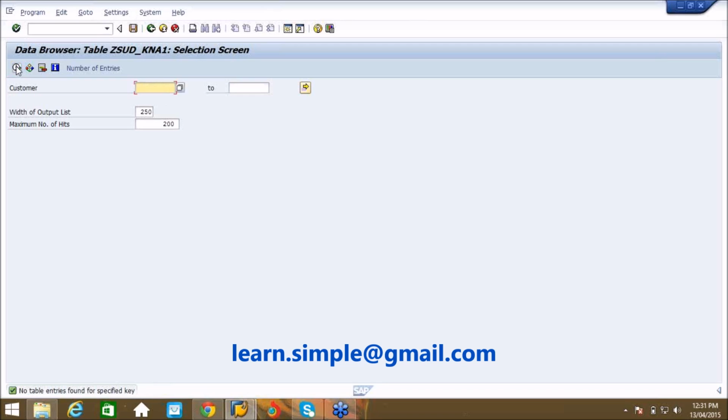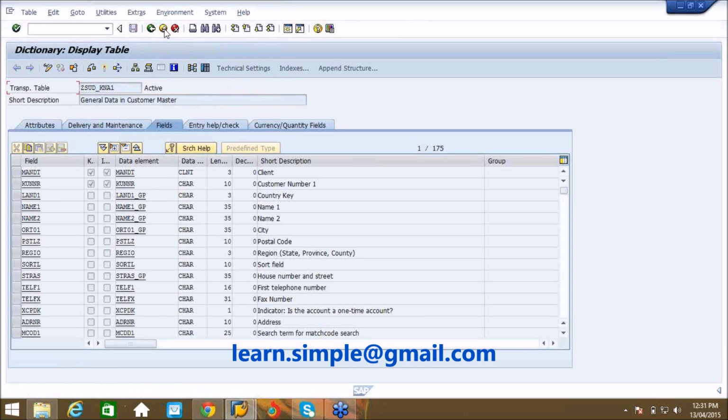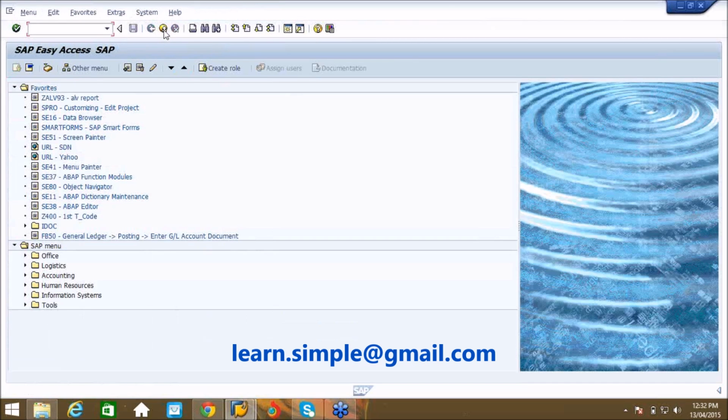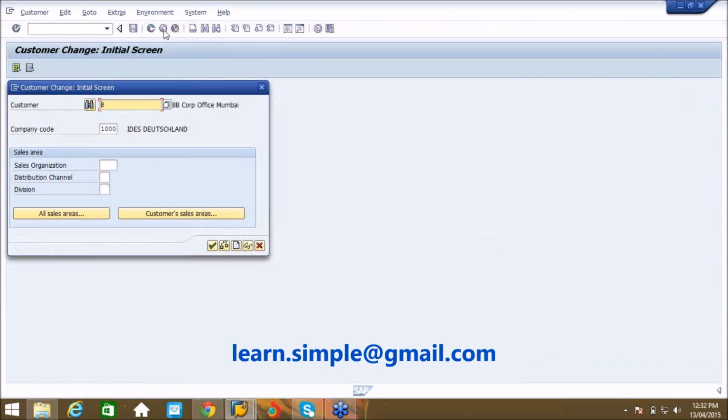Now my requirement is, whenever the address or some other details of a customer changes, then that particular customer entry should appear in this table. Later I will come and check this table. So whenever any change has been done to a particular customer, that customer number I want to see in this table. So how to achieve this? Is there any slot SAP has given in the transaction XD02 to write our code to update this table?